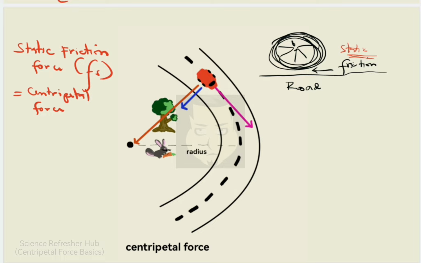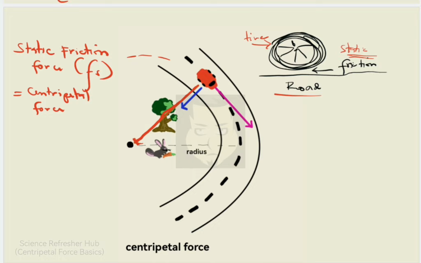And this friction created between the road and the tire, instead of going in this direction without the static friction, the car will eventually go there and there must be an accident probably. But with the static friction created between road and the tire, the object will feel like there's an inward force,